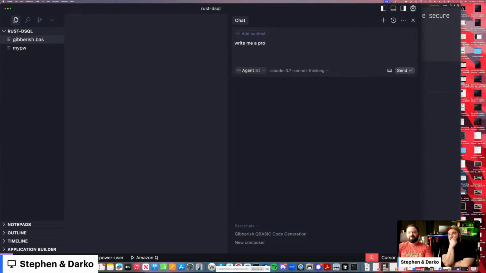Write me a program in Rust to talk to a Postgres database using SQLX. Load the host name and password from a